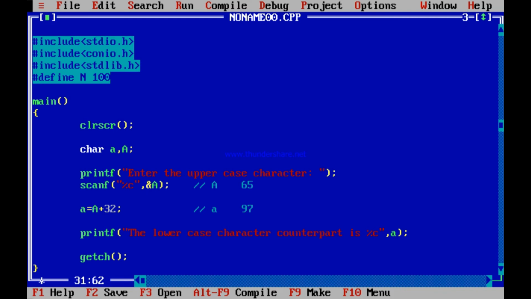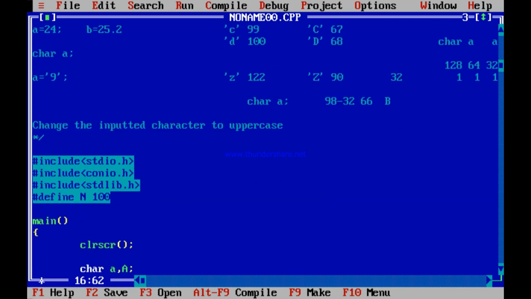What if I want to change to the reverse case? Say now the user says change the inputted character to lowercase or uppercase.